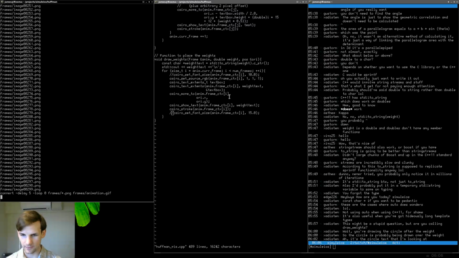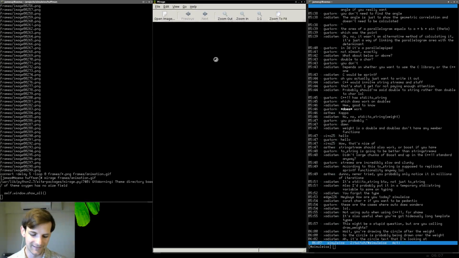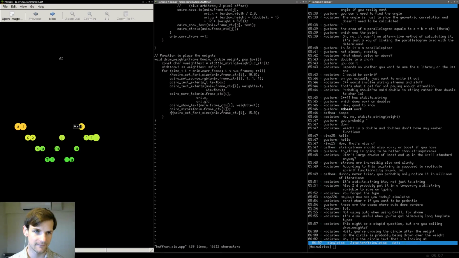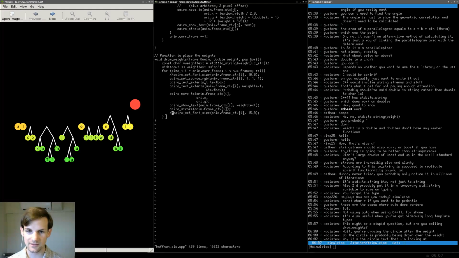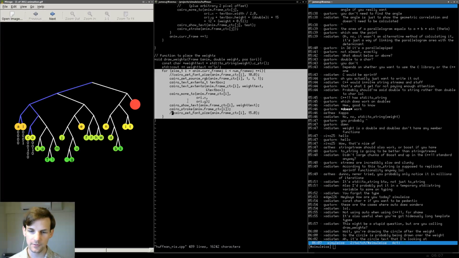Wait, the text is outputting. Cairo font, set font size. Changing the font size shouldn't matter, right? You'd think it wouldn't matter. Let me see what happens if I just put this into the loop above. One second, once it converts this, and we show that it's not working. Yeah, not working. I'm just going to take this loop and put it into